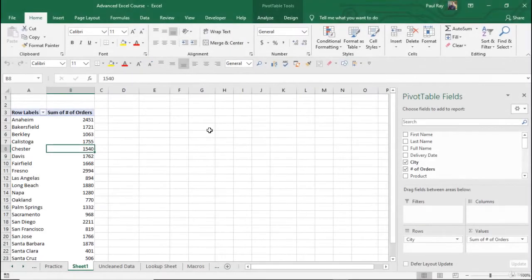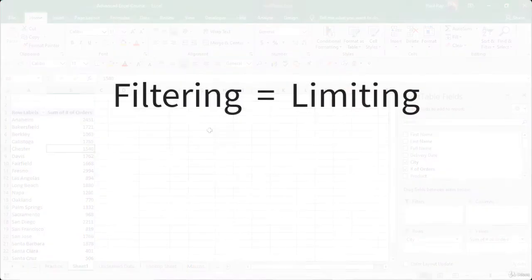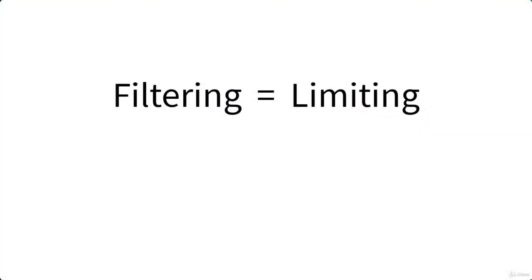Welcome back to Section 3. Today we'll be talking about sorting and filtering. As we said in the last lesson, filtering is just another word for limiting. So whenever you see that word filtering, you know that the data set is going to get smaller, or at